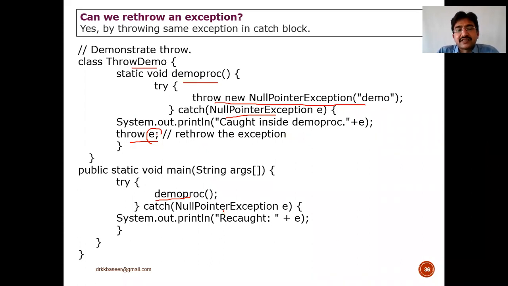When you want the same error to be caught every time, then we can use this type of rethrowing of the same exception, so that we can make sure the same error is coming multiple times in multiple lines or multiple places. To check whether the same error is coming or not, we can use throw e. Now let me run this program, ThrowDemo.